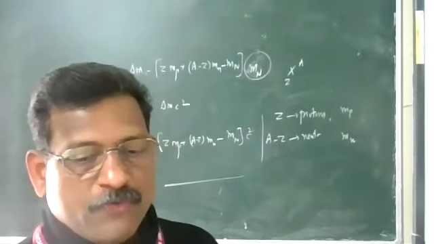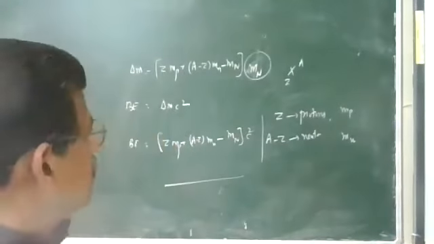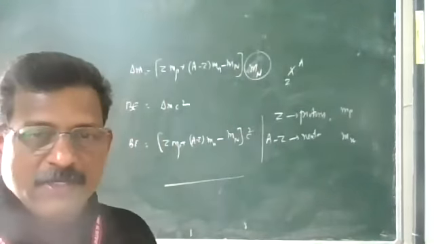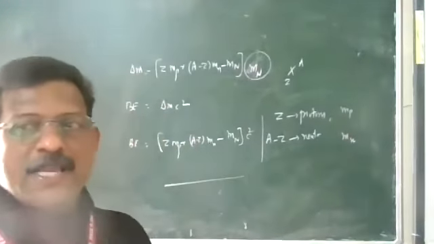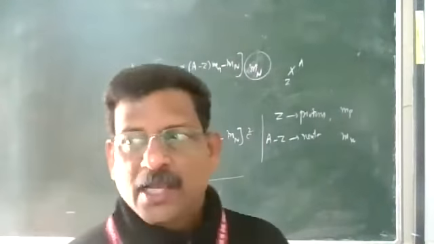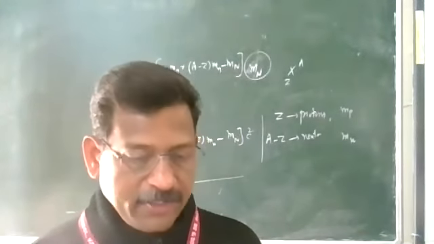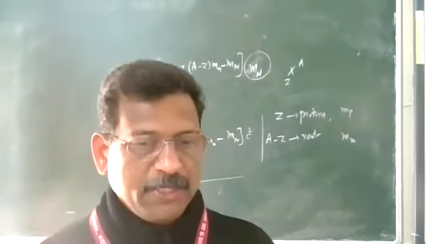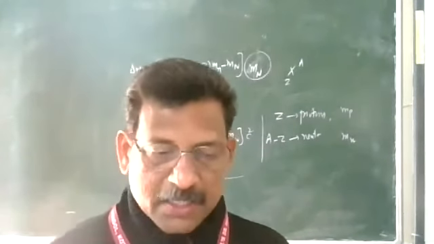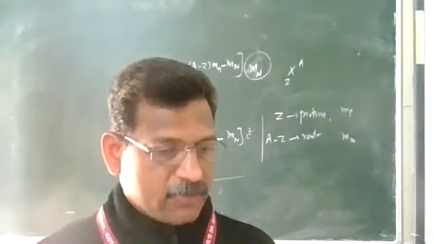So this is the way to find out binding energy, and usually we calculate the mass defect. Numerically, first we calculate the mass defect, and we use the standard conversion: one atomic mass unit equals 931 mega electron volts. Then we calculate the binding energy. This is the binding energy equation for any nucleus. You can calculate in this way. Some examples are given in the NCERT. You can go for practice.